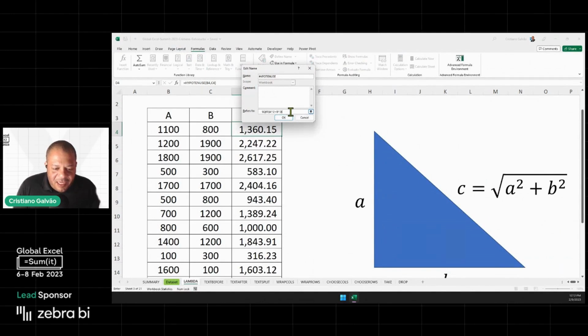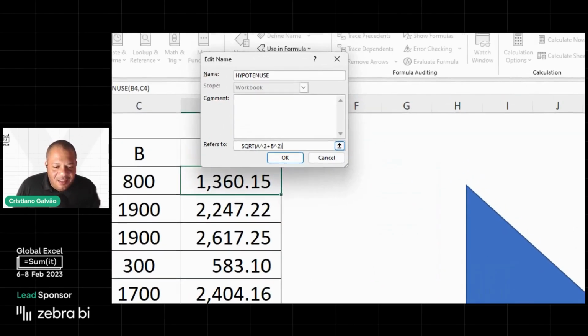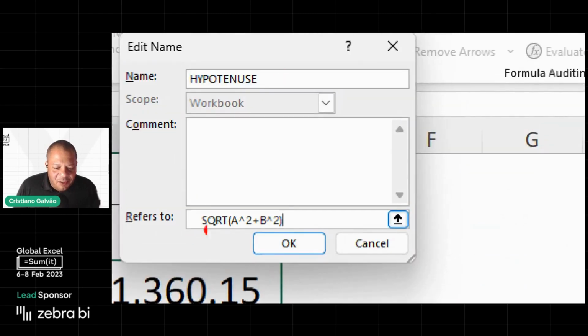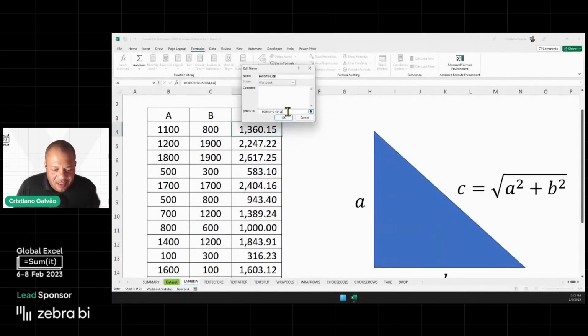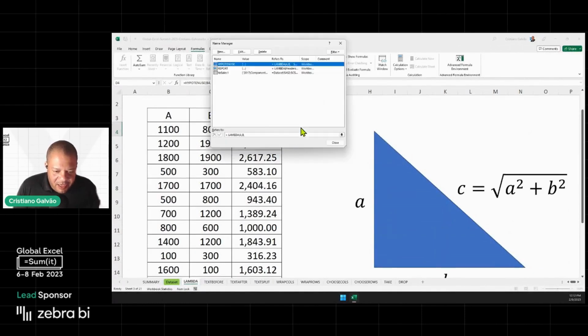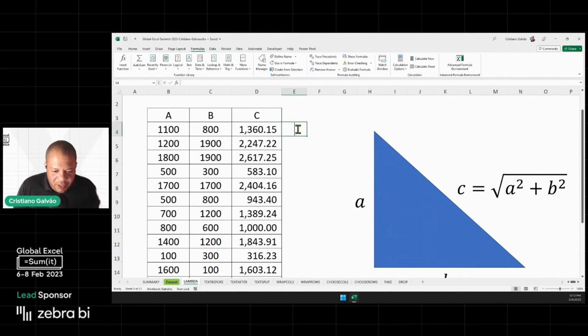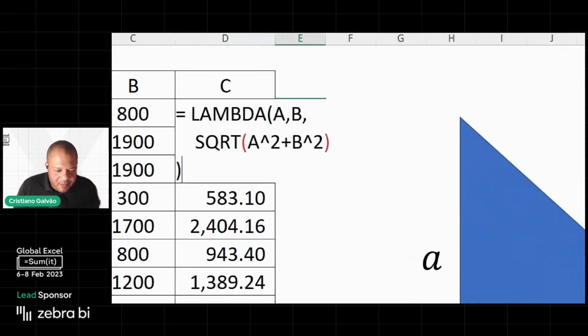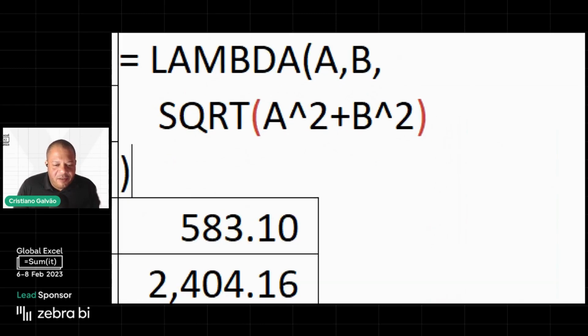But we have line breaks here. It looks like my function here. The formula doesn't count with a lambda, but I have line breaks. Of course, if I copy here to some other area, you will be able to read it better. This is the lambda function that I wrote,